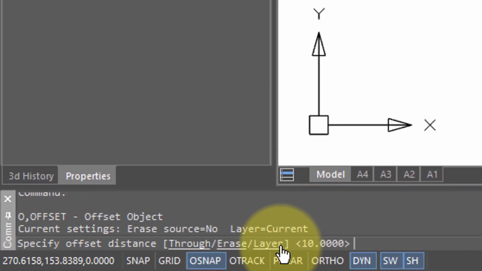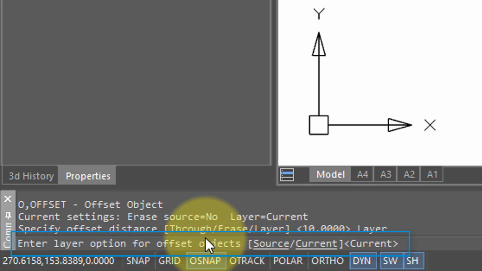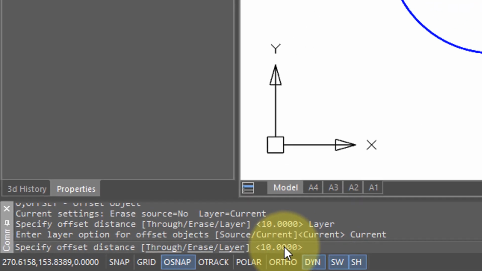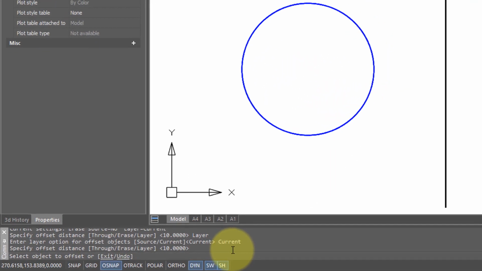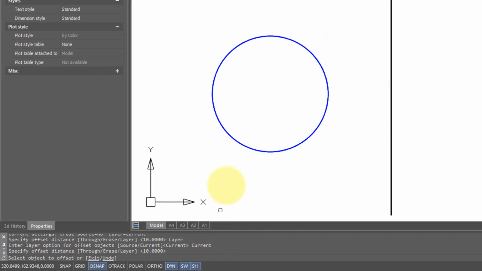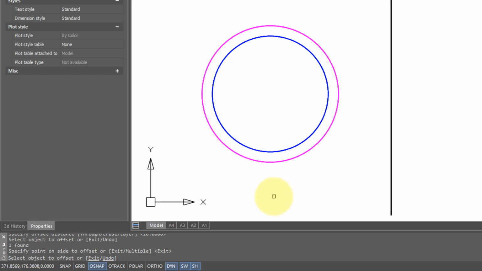And so in the command line, I'll click on layer, and then it asks, do you want the offset copies to be placed on the source layer, which is the same layer as the original object that you're doing the offsetting to, or place it on the current layer? And I've selected current, and now once again we have the offset distance, and select the object to offset. So I've clicked on the circle, specify the side, and there the offset copy appears on the layer named